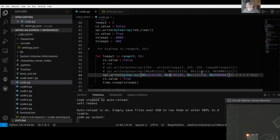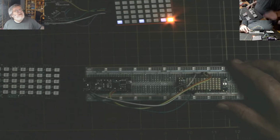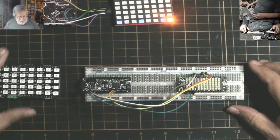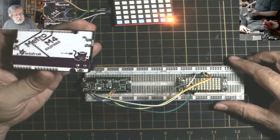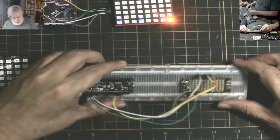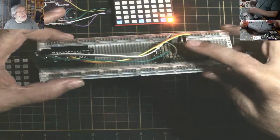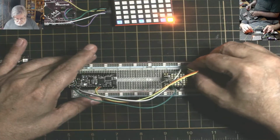So we have here, and I'll just turn the brightness up. So what we have here is a NeoPixel on a Metro M4, and we have a Feather RP2040 driving a DotStar Wing right here. Okay,